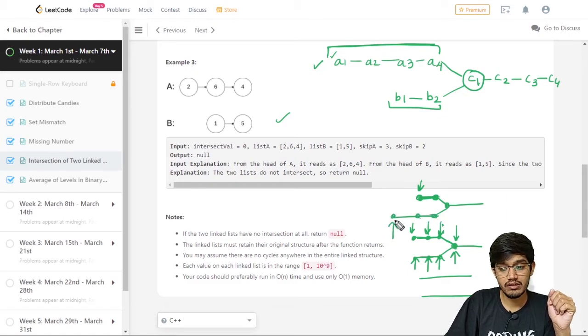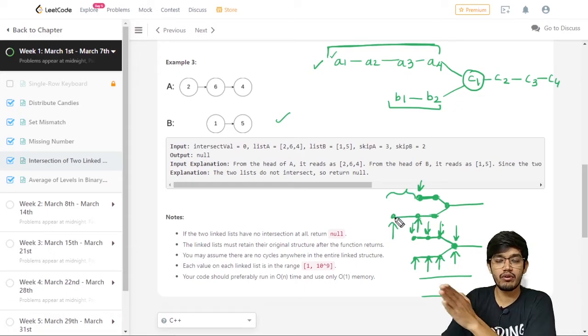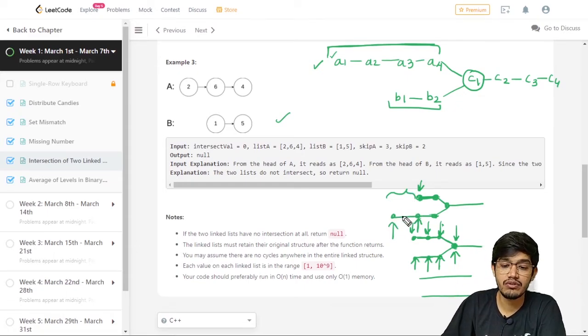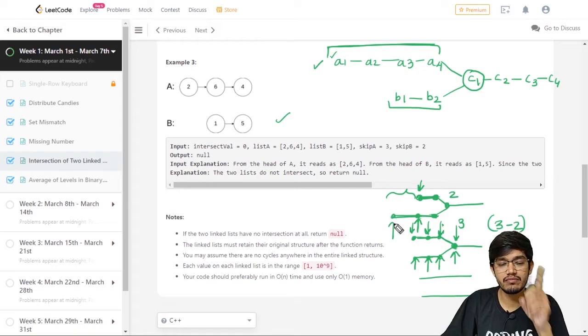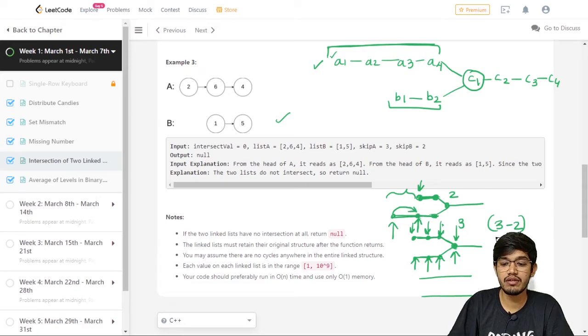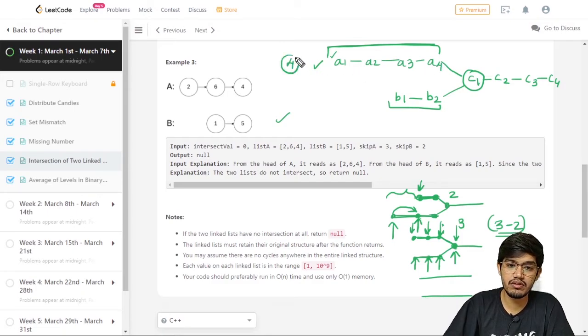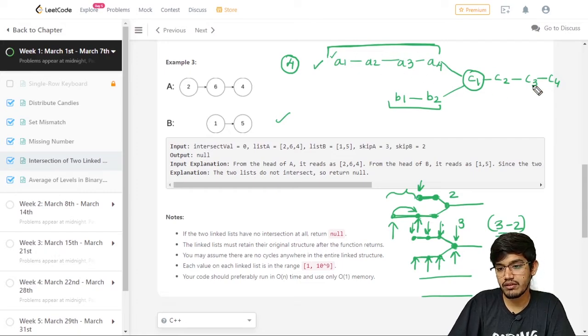So our task is to move this pointer ahead to here. How can we do that? We need to move ahead by a certain number of positions. Suppose this is 3 and this is 2. We find 3 minus 2, the difference, which is 1, so this one is back by 1. So just move this pointer one position ahead. We need to find the difference in this case. For this case you can see 1, 2, 3, 4, we have 4 here. Basically we need to find the full length, and then we can find the full length for the other list as well.